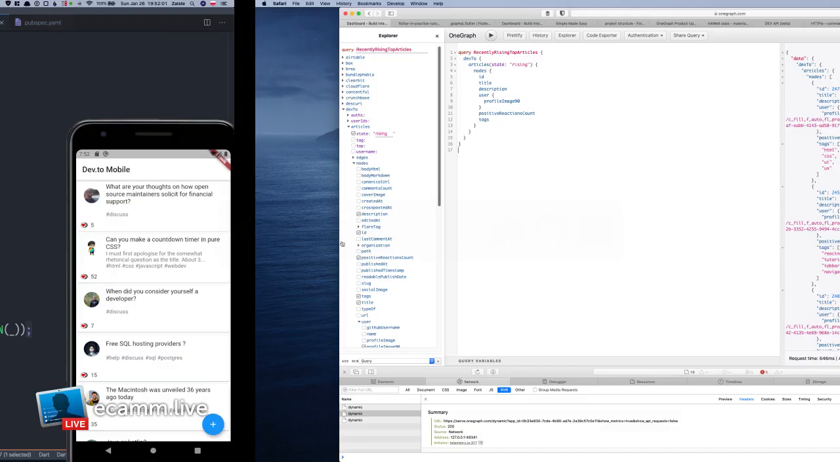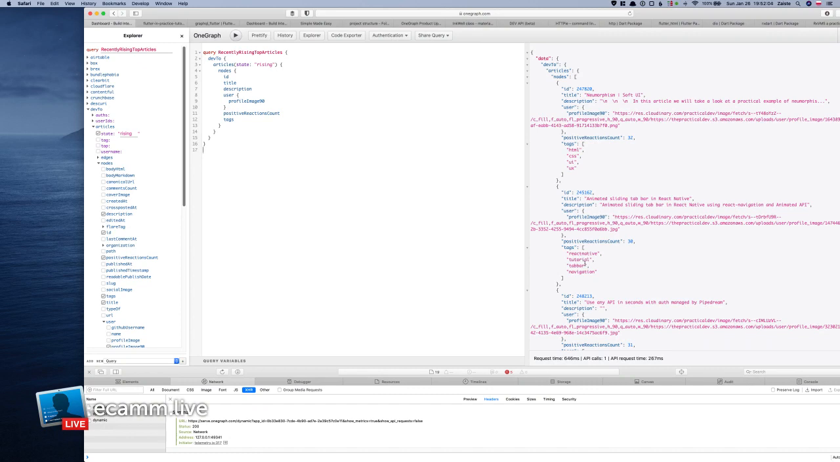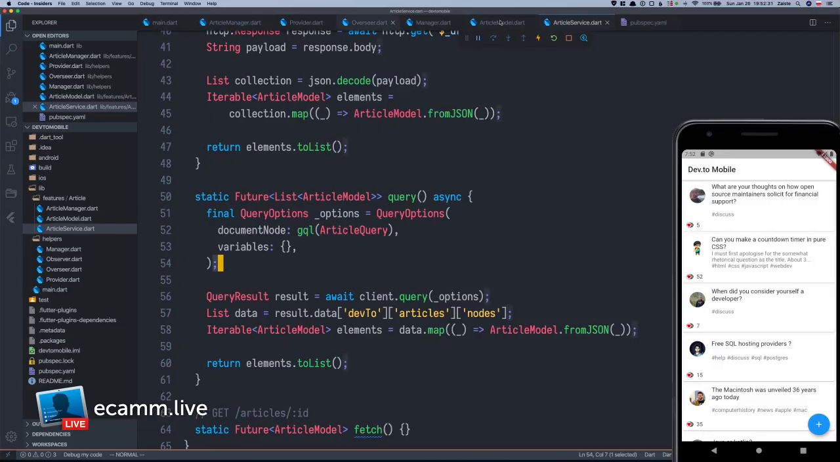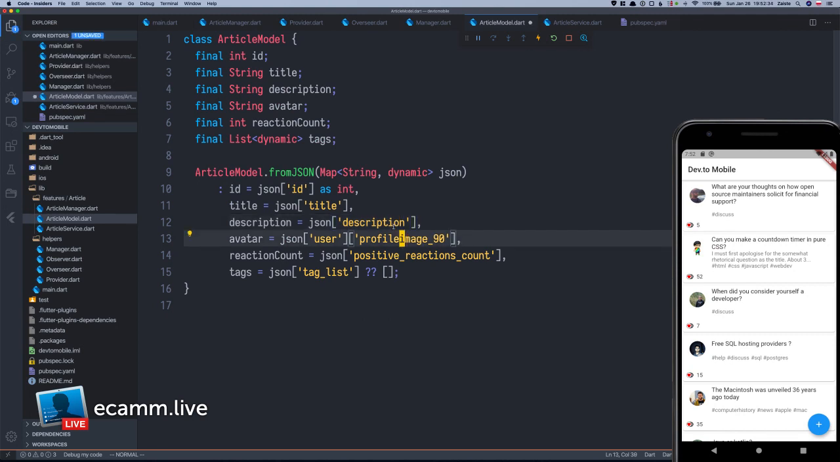And let's go back to the results. So as you can see, in the Dev.to REST API, certain things are, how to say it, not unified. And OneGraph is unified. So it's always camel case. And so in this case, we can just repeat that and say profile image, like that, and tags are also